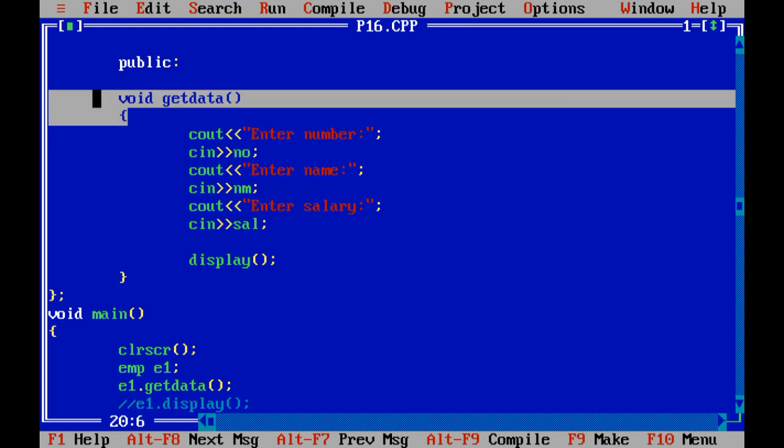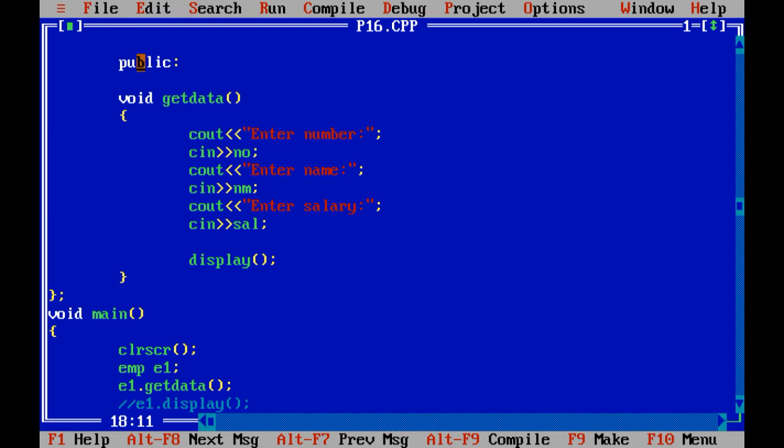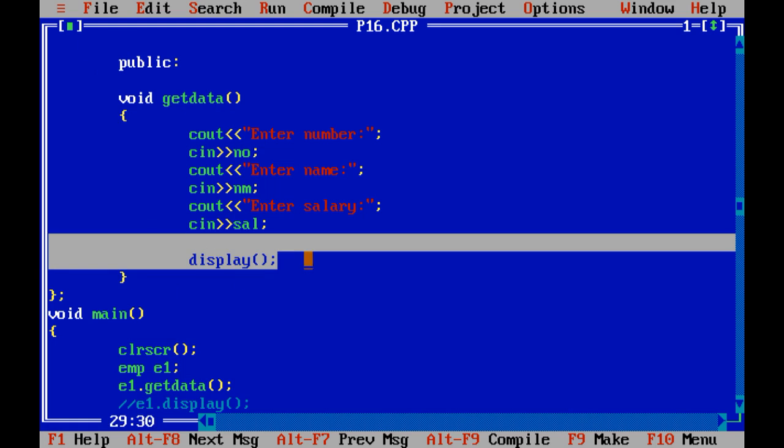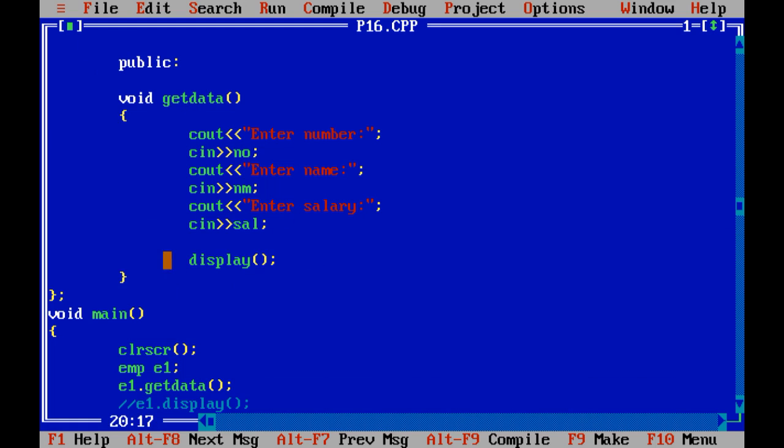Here I have declared getdata as a public method. So using getdata, this is the concept of nested function, right? Inside getdata I am going to call the display function. In this way I can access the private method of the class.